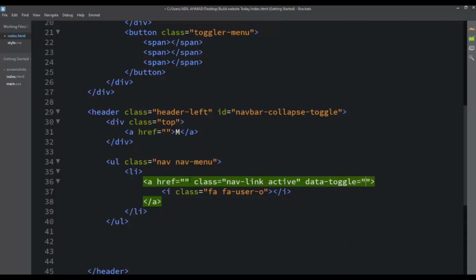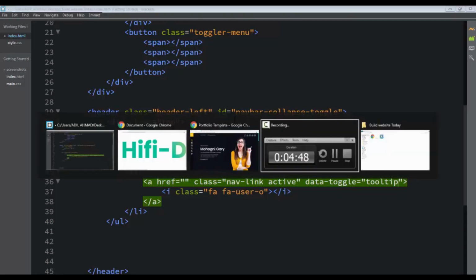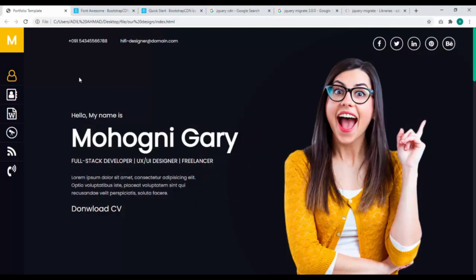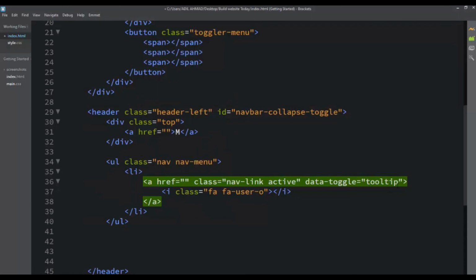In the data toggle, I am putting tooltip. What is a tooltip actually? You might have noticed that when I hover over the icons, we get the icon name there. Let's have a look. As you can see, I am putting my mouse pointer over this very first icon and we are getting the name, home. If I hover over the next, you will see about. If I hover over it, resume. So this is called a tooltip. I am going to use this tooltip with a title. So I have added data toggle. Right now, I'm going to add the title. Friends, whatever you put in the title will show up there. So here I'm putting home. So it will